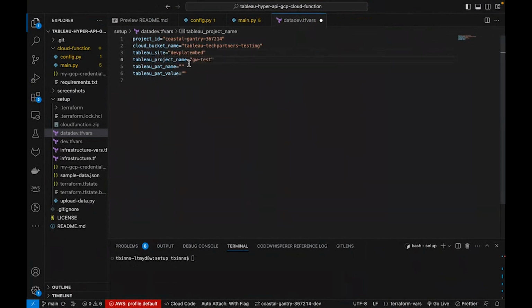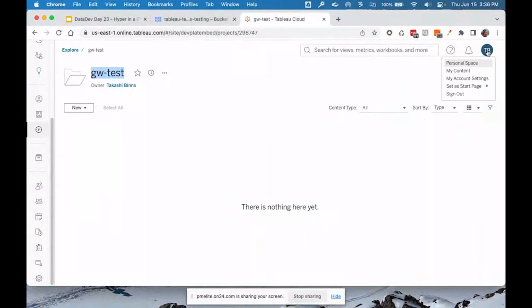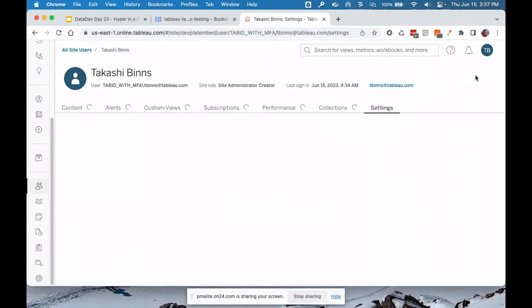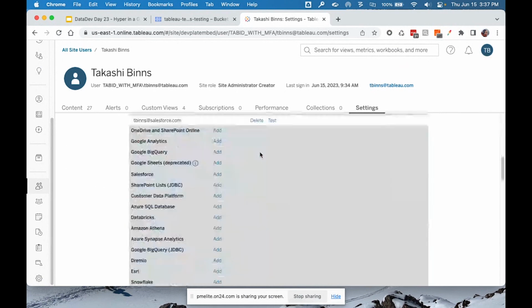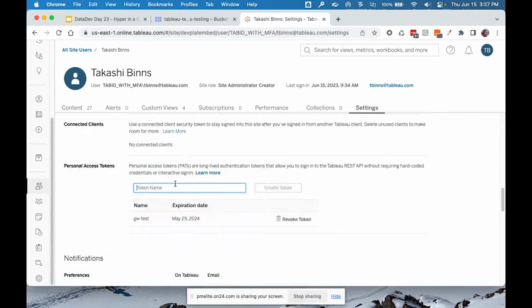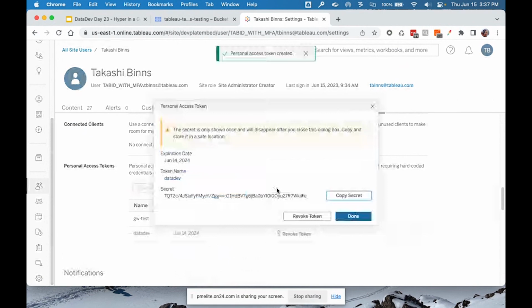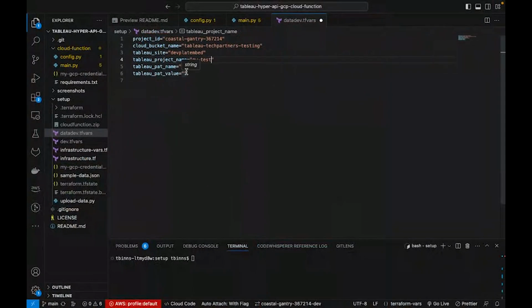Great. And then I need some credentials. If you've never worked with the API before and created personal access tokens, it's super easy. You just go into the little Tableau icon for your name under My Account Settings, scroll all the way down, and you should see a section here for personal access tokens. Again, I'm going to revoke this after the call, but for now, I can just call this DataDev, create token, copy the secret. So now I can paste in the value,